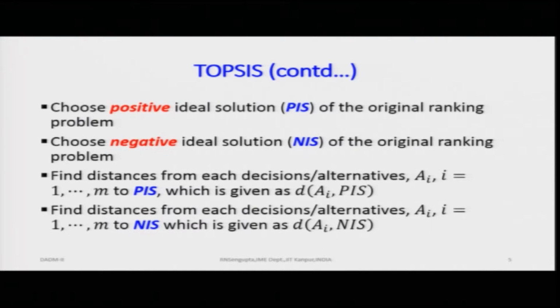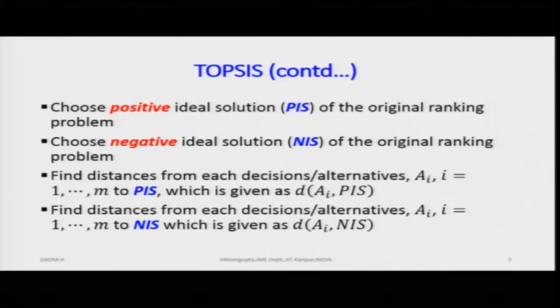So, obviously, there would be a ranking set, and ranking set in the sense they are alternatives based on which we would have given some weightages to the alternatives, and we also would have different weightages for the criteria which are there in each and every alternative. So, based on that positive set which we have, we will find out, for example, the positive ideal solution, PIS. Similarly, if we have the negative set of solutions for all the alternatives for all the criteria, we will have a theoretical negative ideal solution which will be known as the NIS, and which will be based on the original ranking problem.